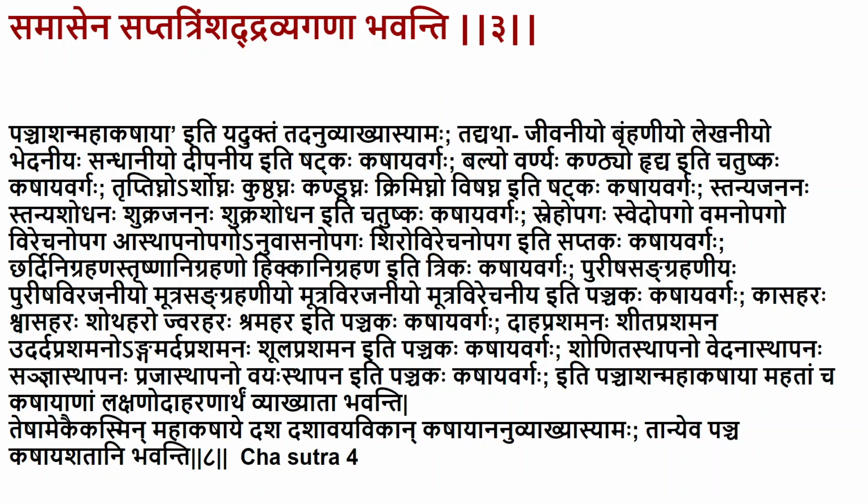Now, from Charaka Samhita, the concept of Gana itself is a very classical concept. Charaka Samhita has mentioned the Ganas as Panchashat Mahakashayaha, 50 Mahakashayas, and they are named based upon their functionality, like Jivaniya, Brahmaniya, Lekaniya, etc., depending upon the activity as such. And the last one is Shamahara, Jwaraharaha, a Panchaka Kashaya Varga. So there are 50 varieties of these Kashaya Varga, which are categorized again into either a group of 6 or a group of 5.